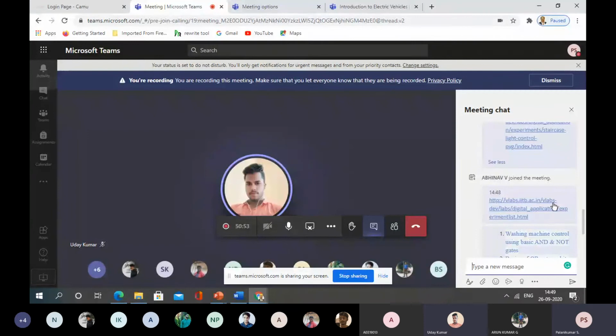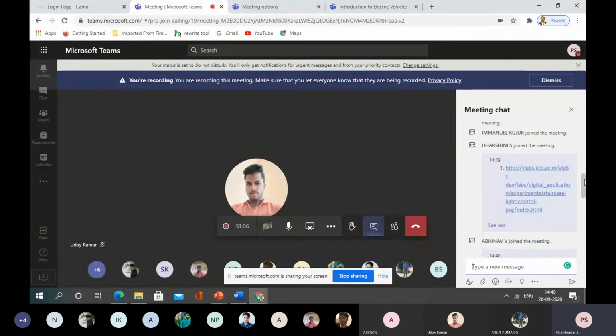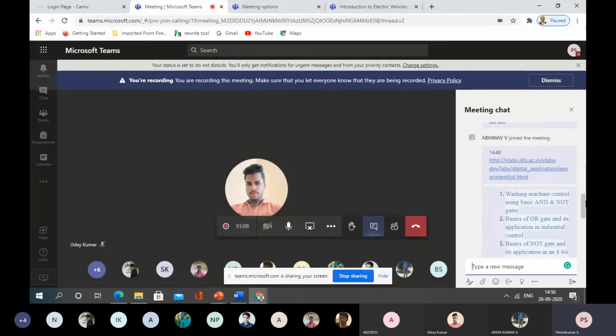Ten experiments are there. Today's class we have seen one, the staircase application, how to do staircase wiring using logic gates. Apart from that, I am giving you 10 experiments, and you can learn from that. I have given you a link, so you need not worry. In case of actual wiring, sometimes an IC may burn, sometimes a short circuit may occur, sometimes we may not be able to troubleshoot exactly.